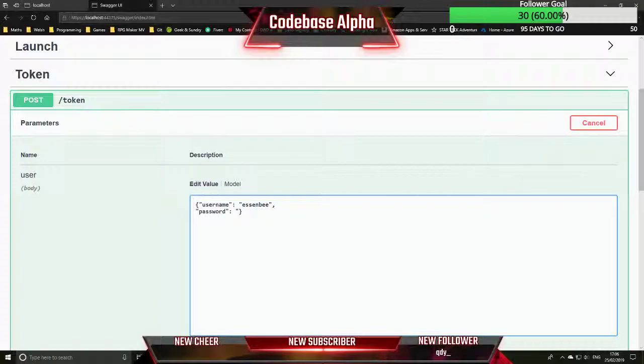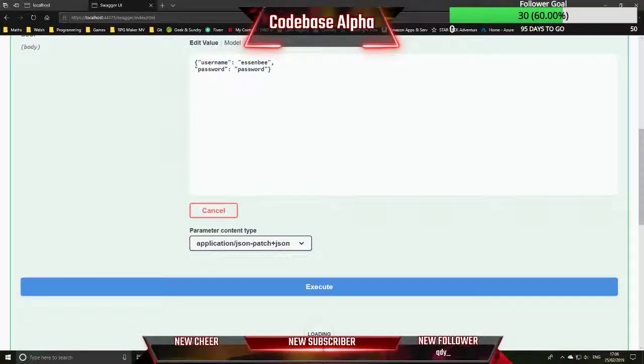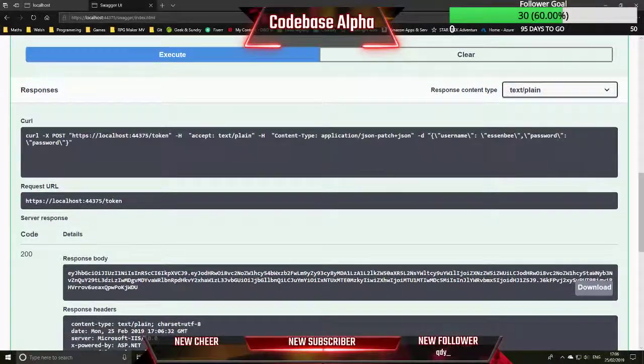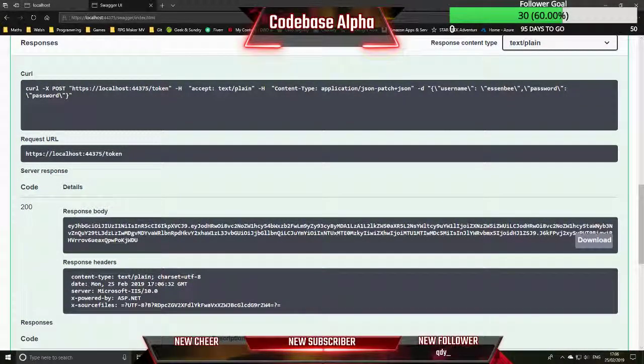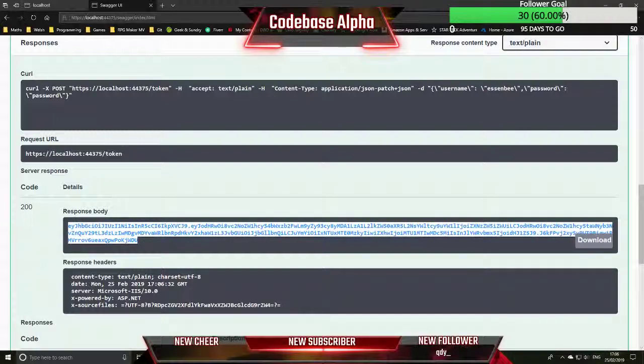A wonderfully secure test password, simply password. And if we execute that, then you can see in the response body we get our JWT signed bearer token here, which is what we're extracting. So at that point,